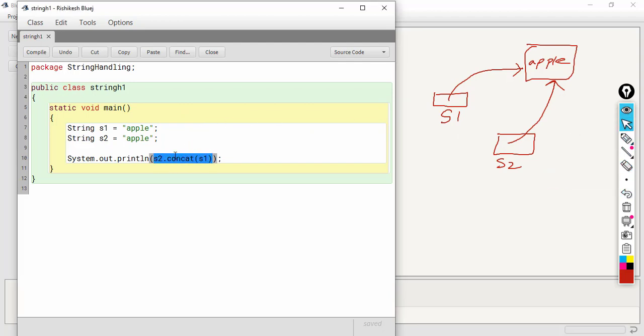When we try to check whether the values are equal or not, S1 == S2, this is how you would normally check for primitive types.